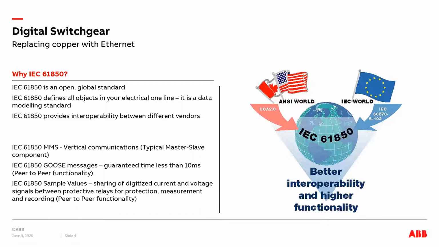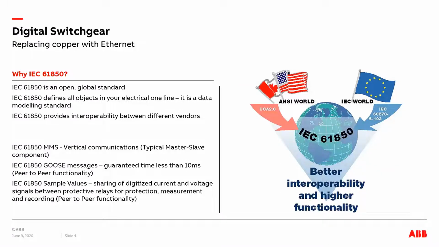Now, to replace the copper wiring, the technology we have today is based on the IEC 61850 standard. Some of you may be familiar with 61850, but if you are wondering what IEC 61850 is, it is an